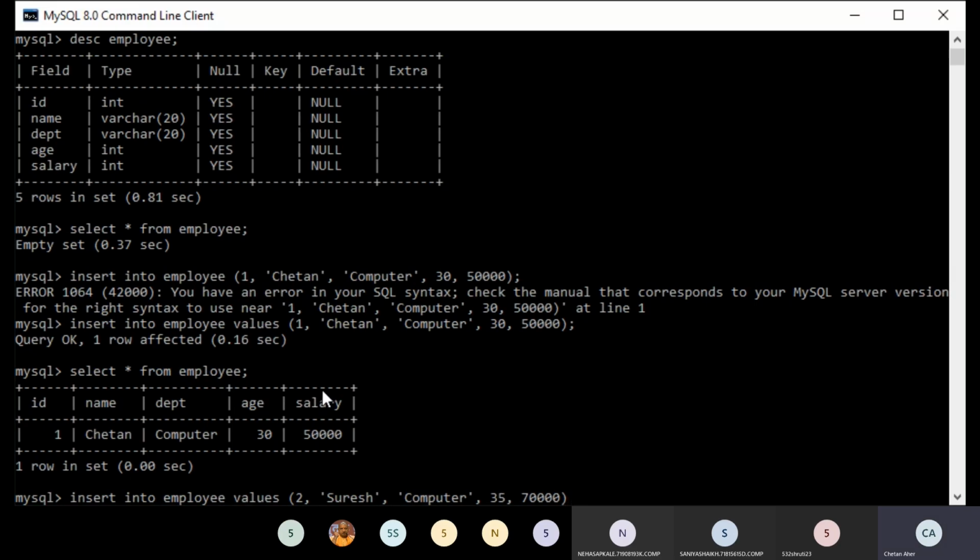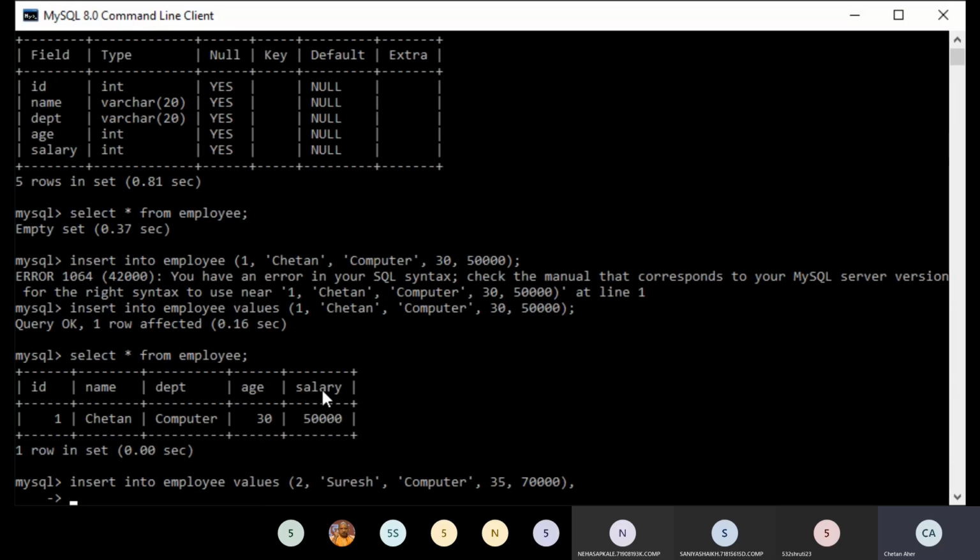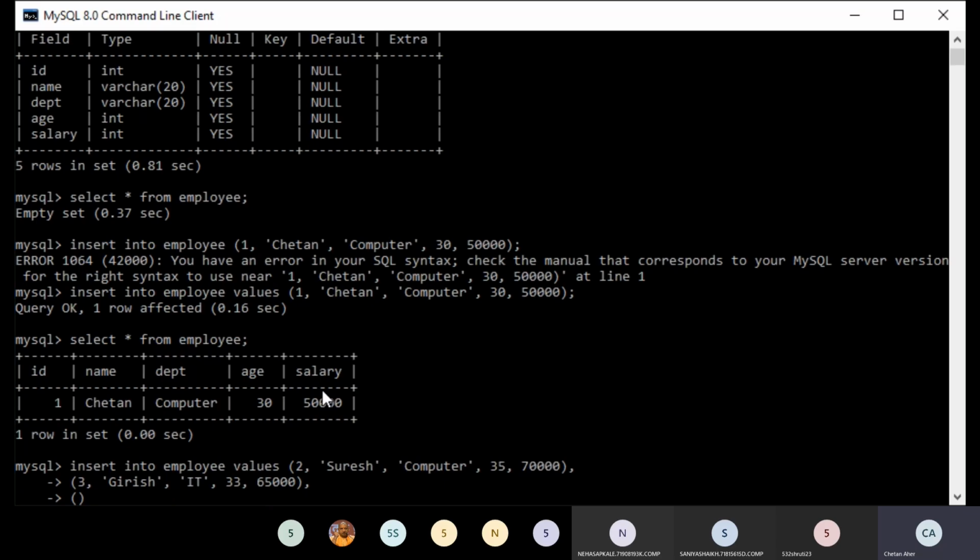As I want to enter more values, I'll put a comma, so that a multi-line query can be passed. We will enter at least four to five values for that.